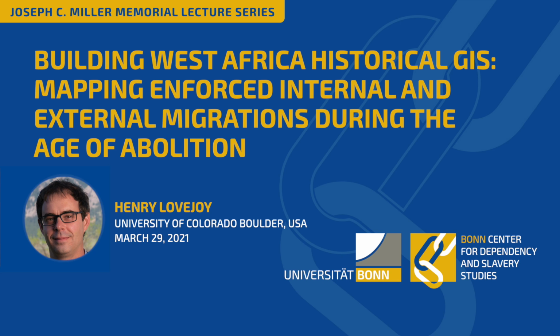A place like Sokoto Caliphate was probably clothing most of West Africa, parts of the Sahara and parts of North Africa during this period. So the textile production was really, really huge. Here are some fortifications and some of the towns that they would have built. So again, conflict becomes a very big part of this equation, understanding that enslavement usually happens with conflict. So wherever there was warfare, expanding territories, we could likely guess that there's going to be the enslavement of people